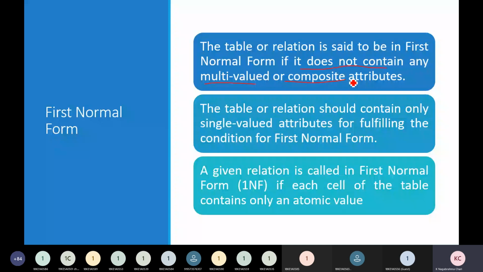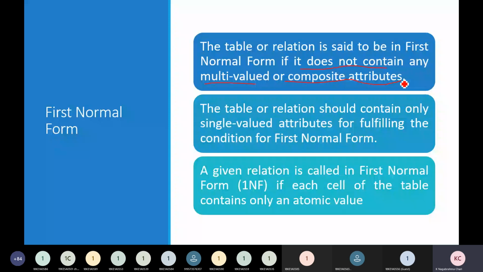A composite attribute is, for example, an address, where we have to specify the house number, street name, main street, mandal, district and town. That type of attribute is a composite attribute.